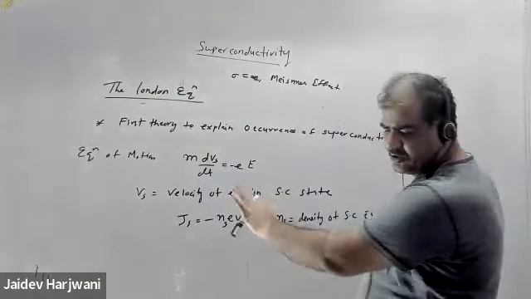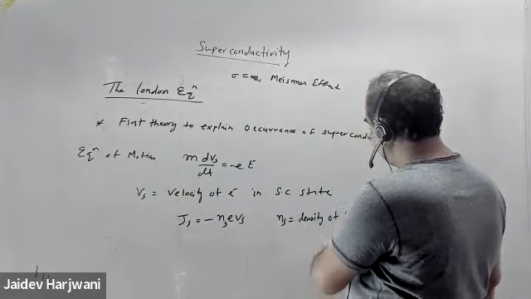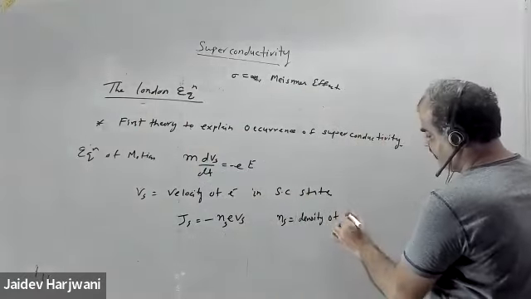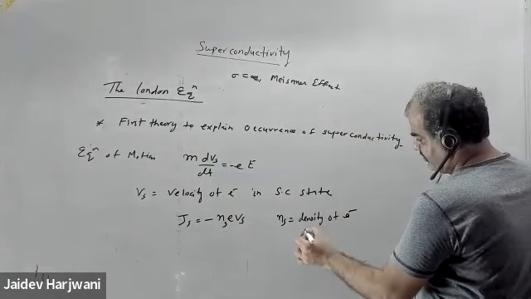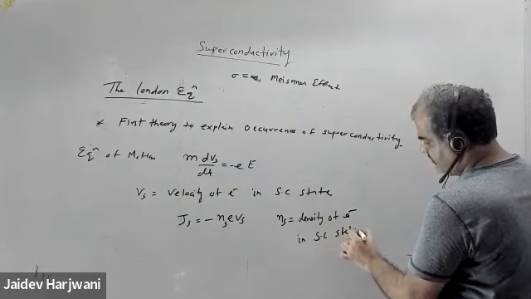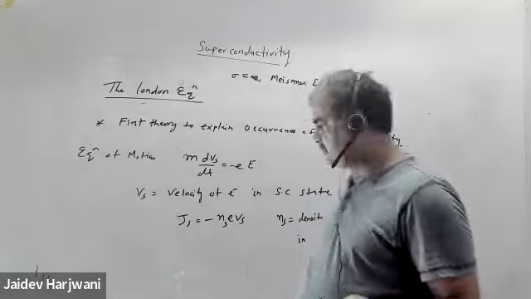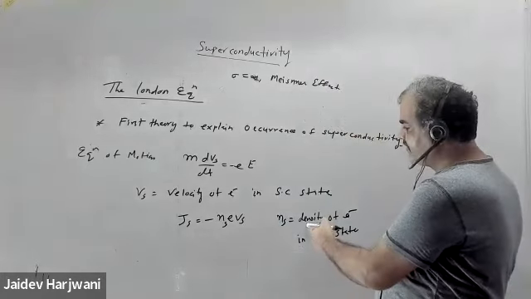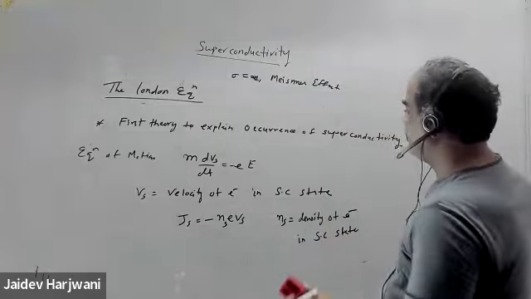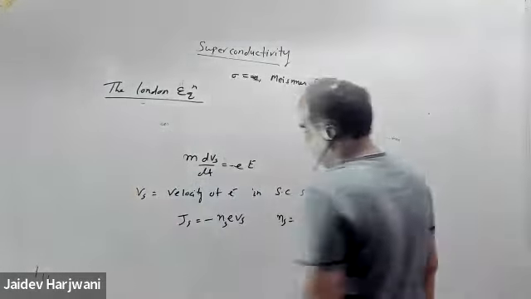अभी यहाँ पे उसने ये बोला कि this is the density of electrons in superconducting state. क्योंकि जब इसने एक्सप्लेन किया तब BCS थ्योरी आई नहीं थी, कूपर पेयर का कांसेप्ट आया नहीं था. So you assume the number, this is the density of electrons in superconducting state. Now what I can write if I want to write